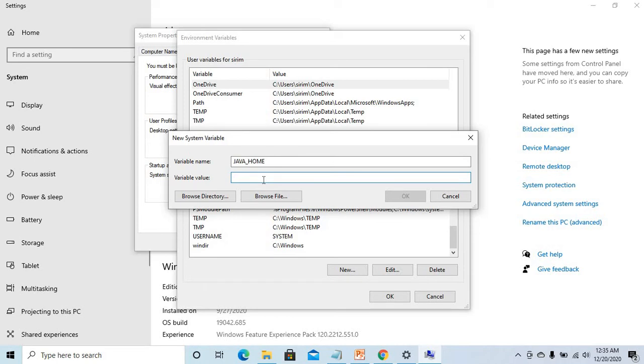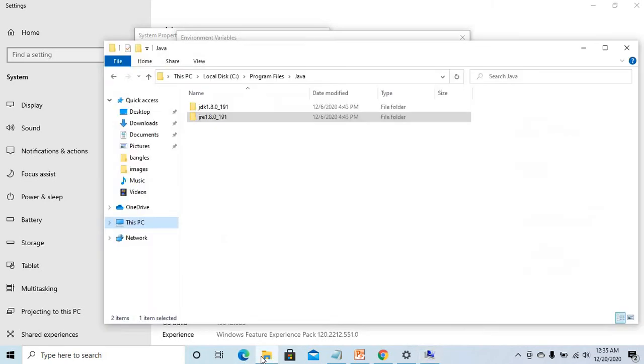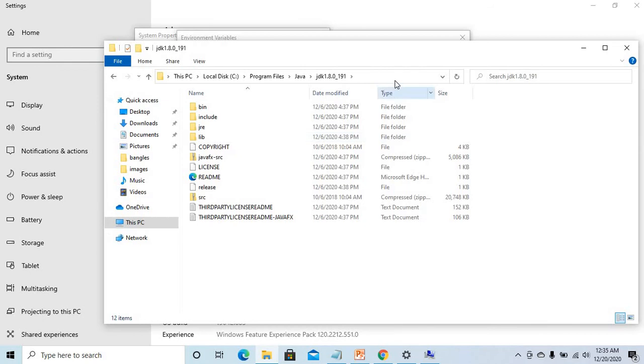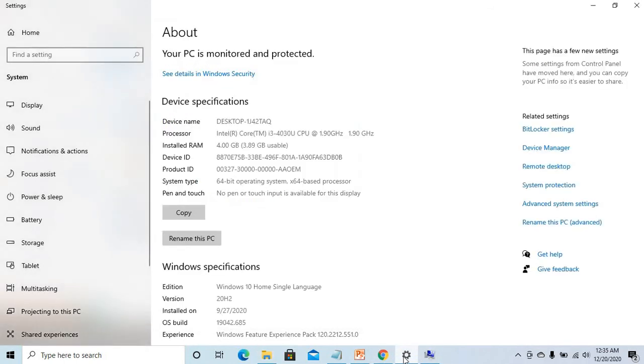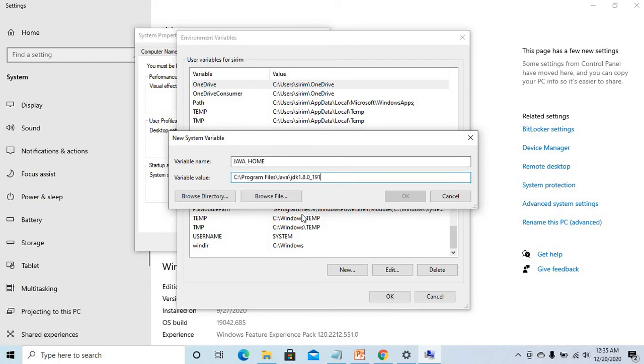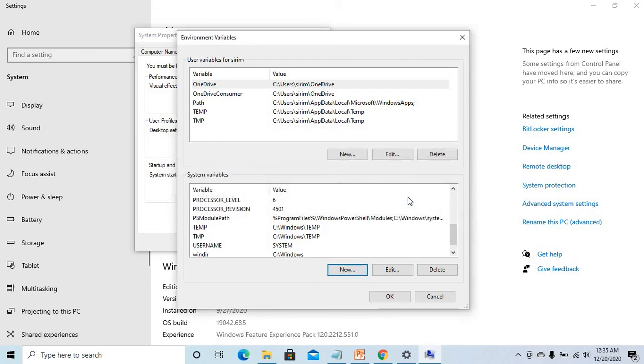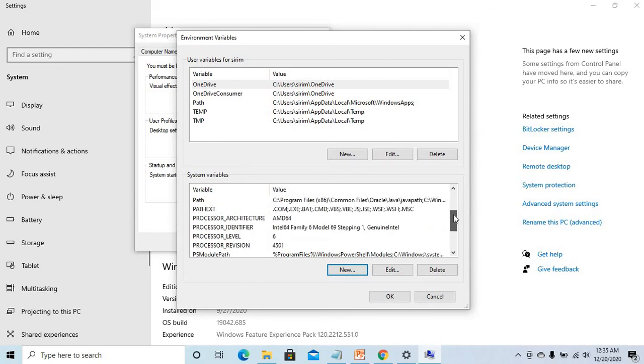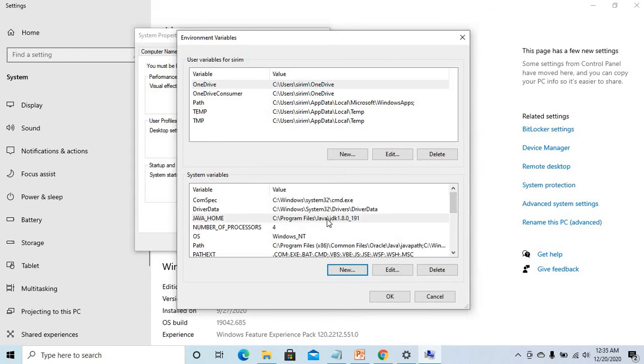See, I already said, Java consists of two components, JDK and JRE. We need JDK. JDK is the essential one, which is actually helpful for development work. So I'm just going to the JDK. We need to give the JDK folder or JDK directory location. This is my JDK directory location. I simply copy it, and let's come here. I'm just giving my JDK location. So this is the home, nothing but the home directory. Now click OK. Now let's see, it is added. See, this is JAVA_HOME.